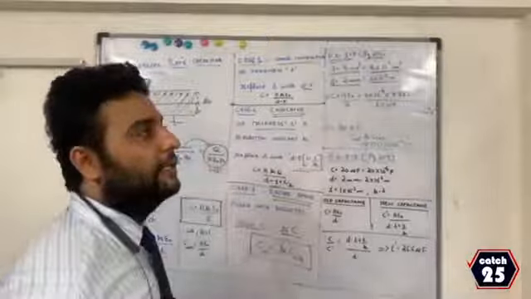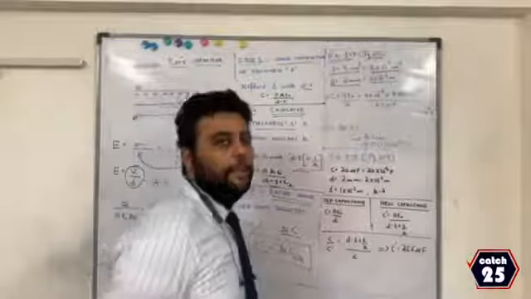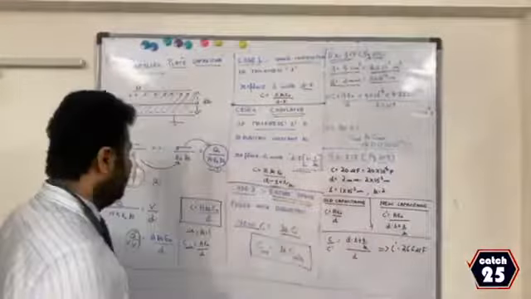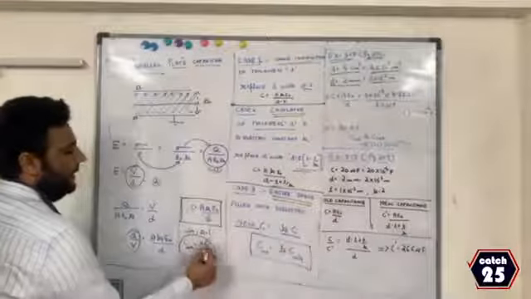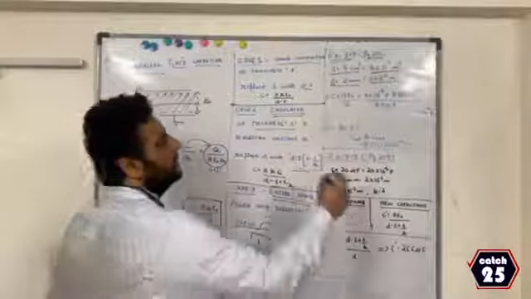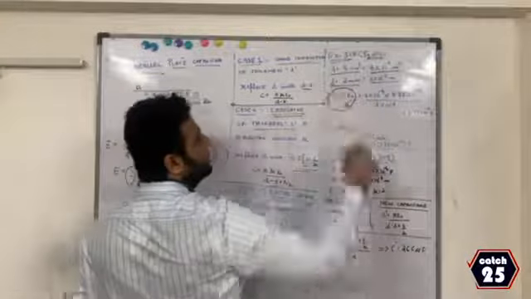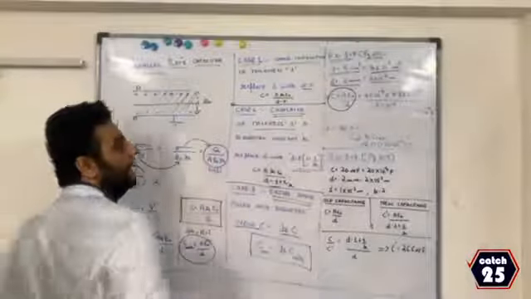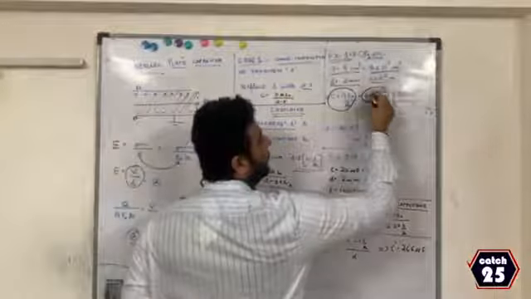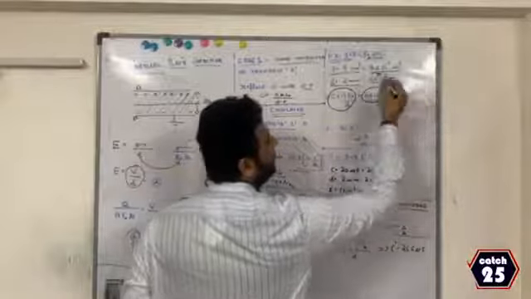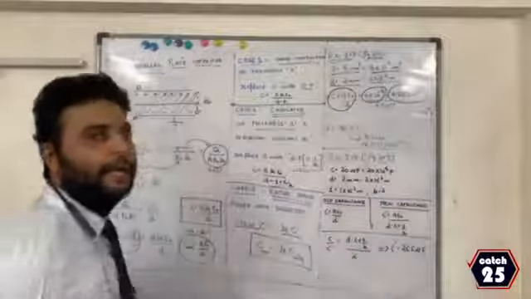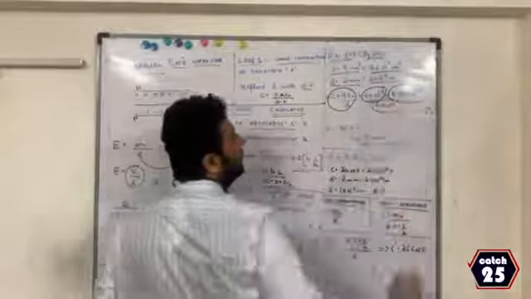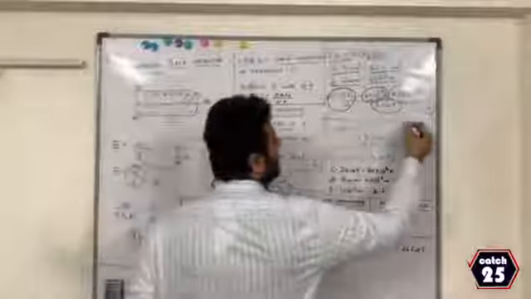In the first case, they are asking you to find the capacitance. Since no dielectric constant is given, it is understood to be air, and you know the formula for the capacitance of air, A epsilon naught by D. Therefore, I am using the same formula. C is equal to A epsilon naught by D. A is 4 into 10 power minus 4. Epsilon naught, that we have discussed in the first session, is 8.85 into 10 power minus 12, and the thickness is 2 into 10 power minus 3. Therefore, you get the first answer.